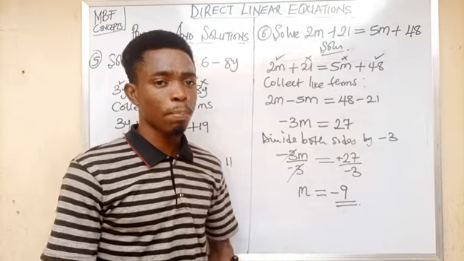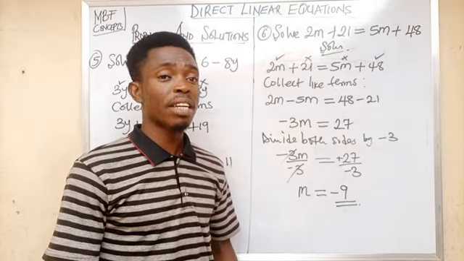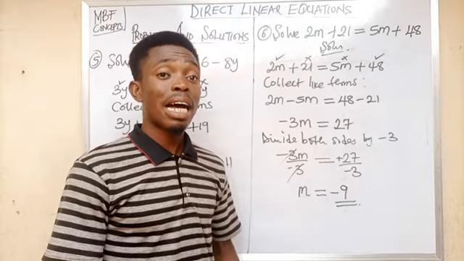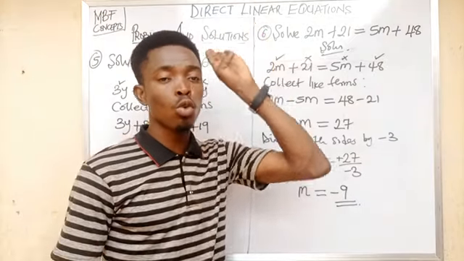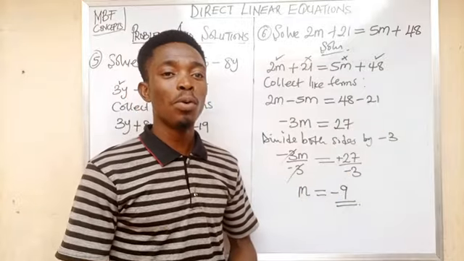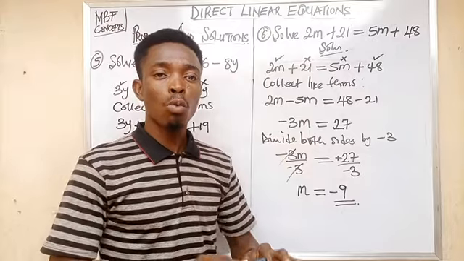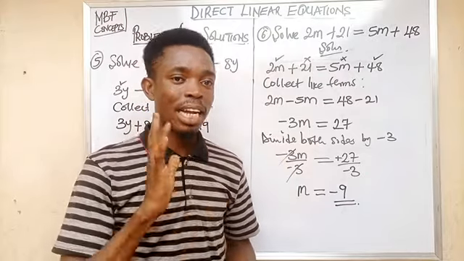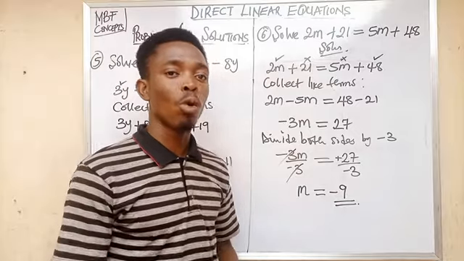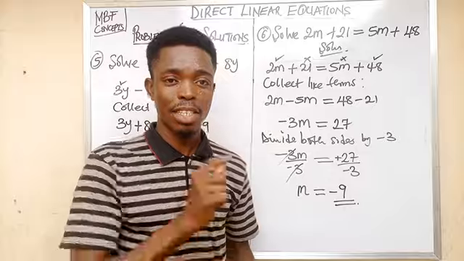Guys, you see how simple these things are. Linear equation is a very simple mathematical topic that you can solve with ease when you know these 4 rules. All right, so see you in question number 7 and question number 8, where we will end this session of direct linear equation, as we will now launch into solving problems with equation with brackets. All right, guys, see you in question number